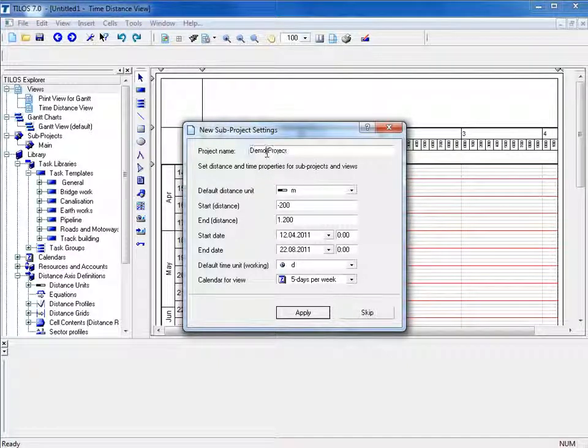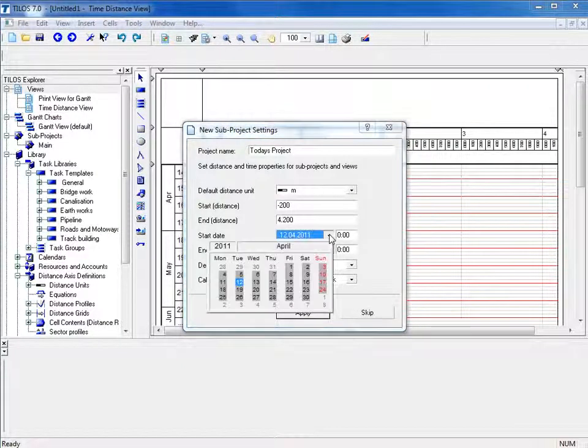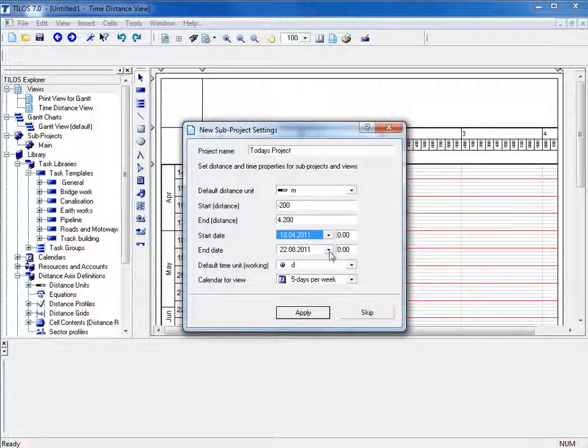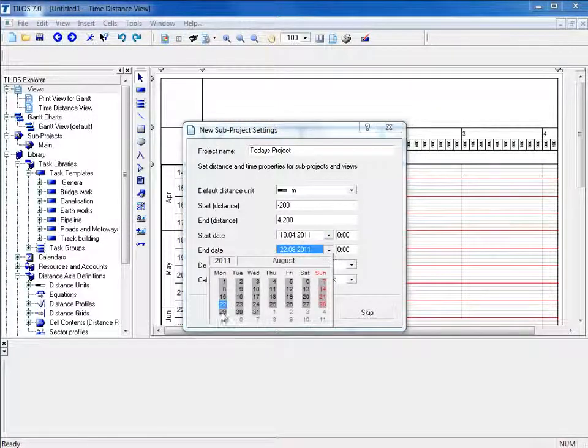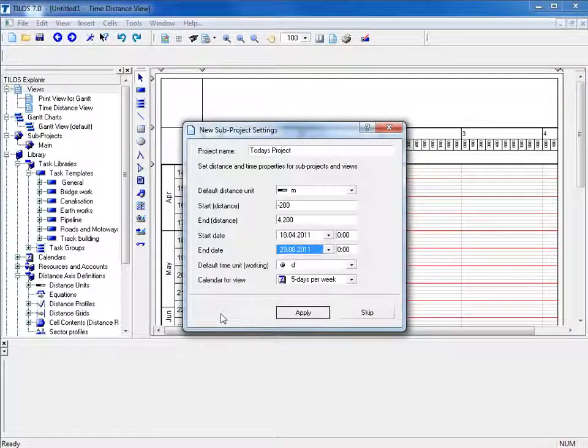We can change now the project name to today's project. Default unit being meters, start distance -200, end distance we will change accordingly to 4,200 meters for our project sample. The start date we can change to Monday the 18th, and the end date we will change to the 29th